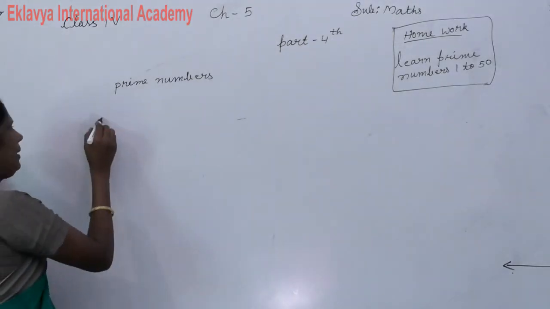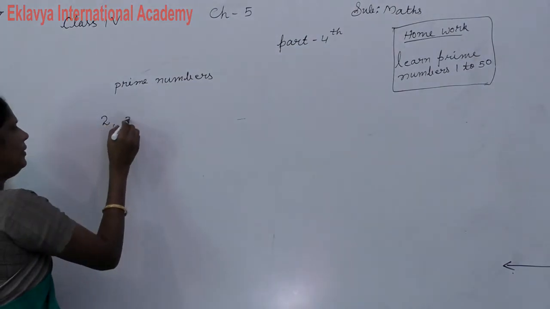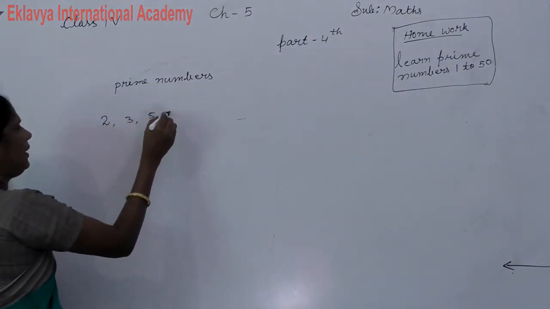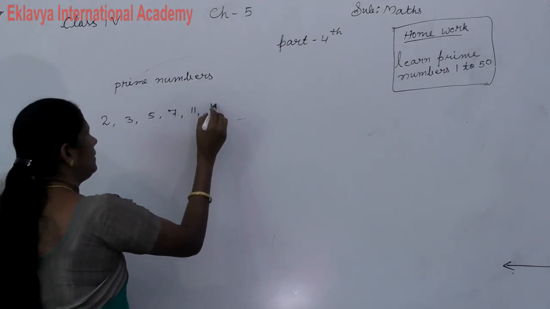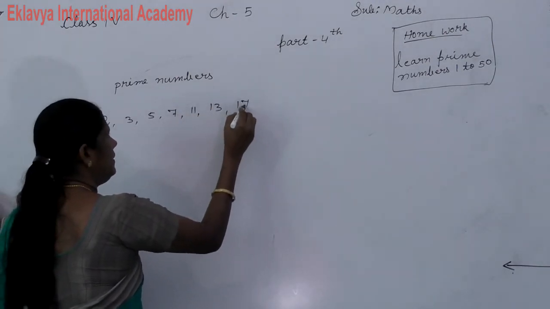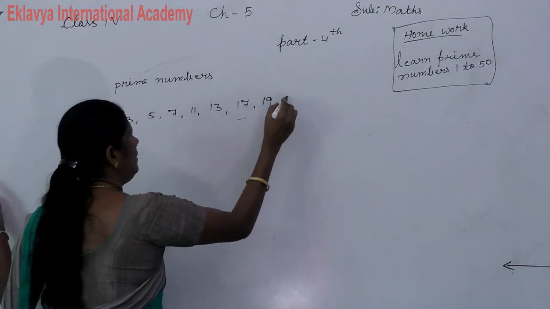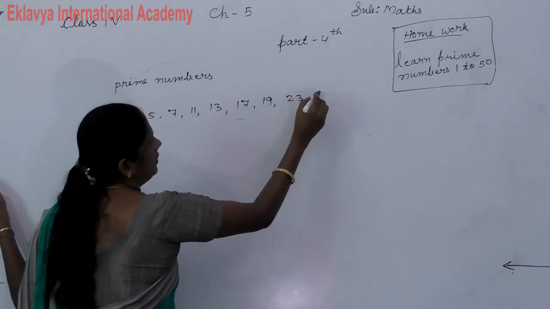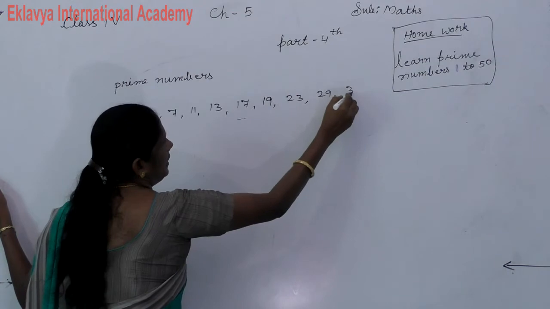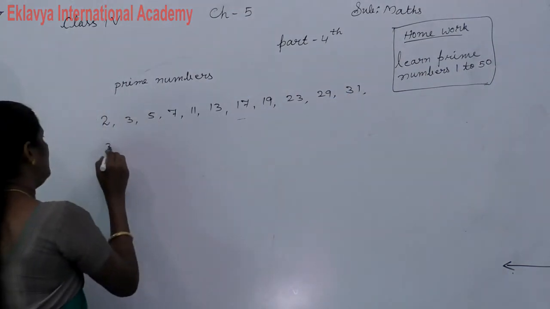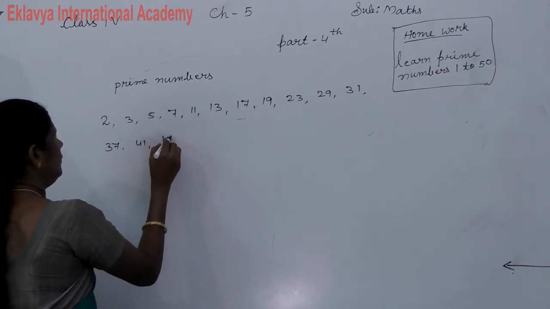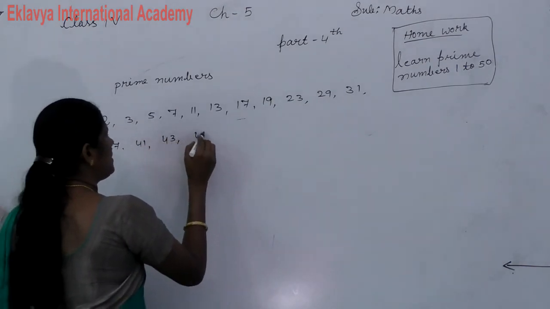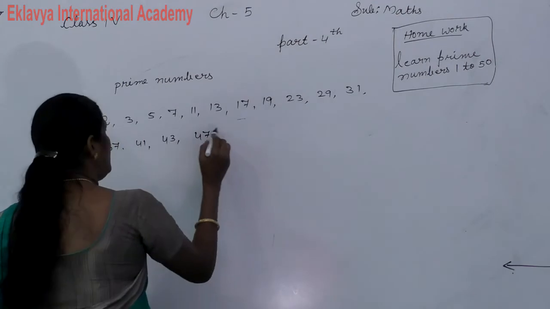The prime numbers are 2, 3, 5, 7, 11, 13, 17, 19, 23, 29, 31, 37, 41, 43, 47, 53,